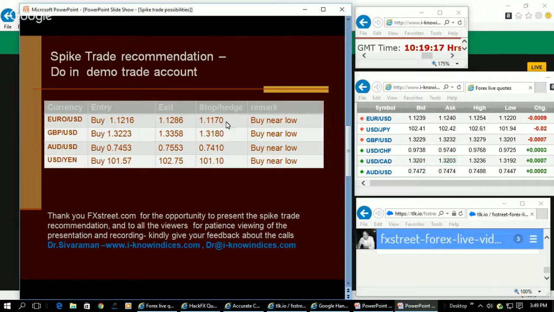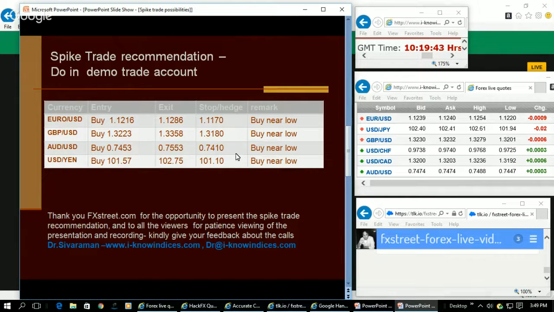In the event it is hedged, watch for about 10 to 30 minutes. If the hedging is not making a profit, then close it with a nominal loss and continue to hold the buy position, and they are expected to make an upward spike. And in the case of GBP, they are just expected to make a small dip to 32 below that